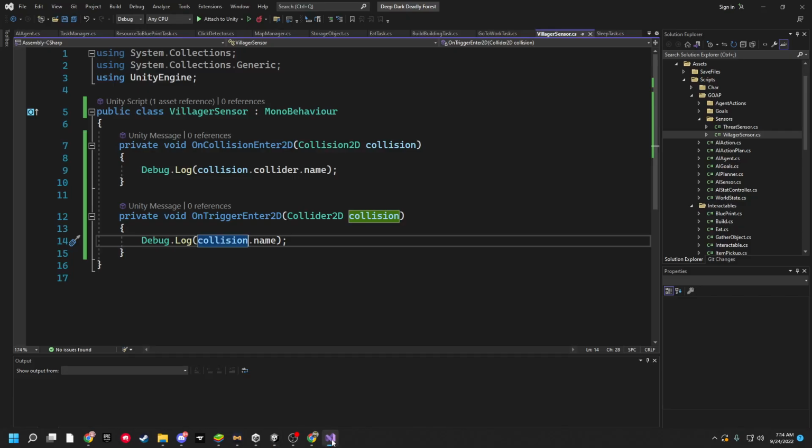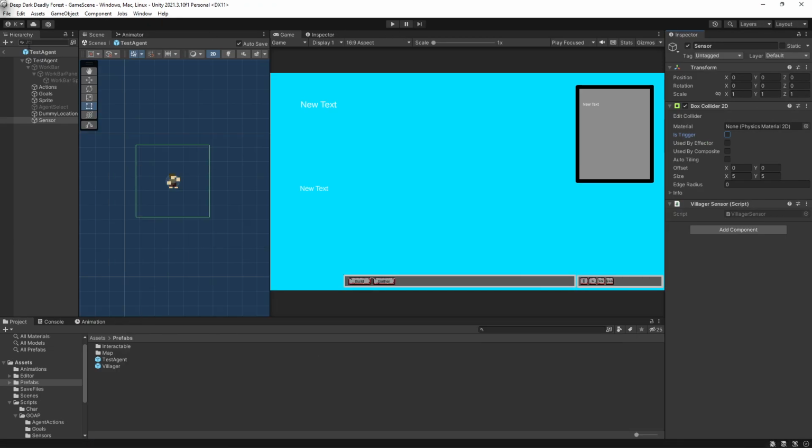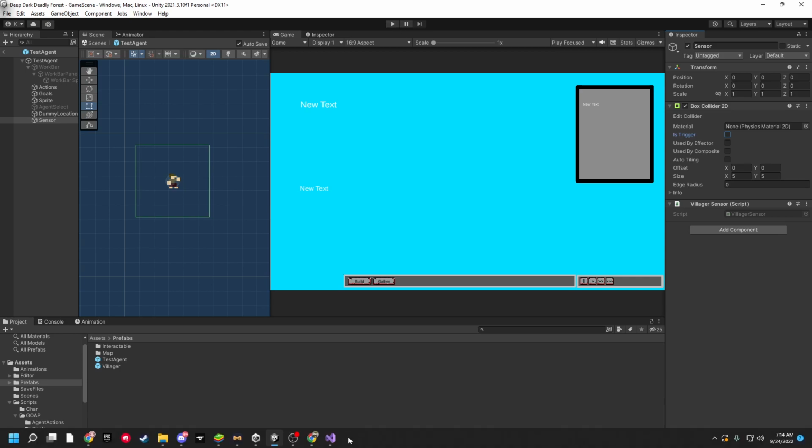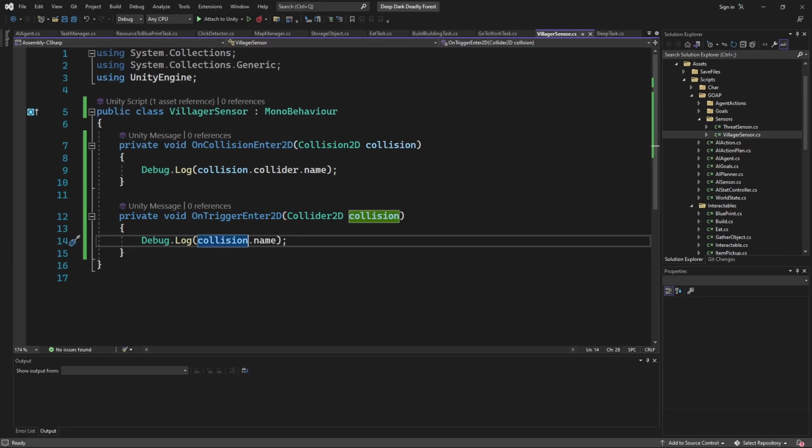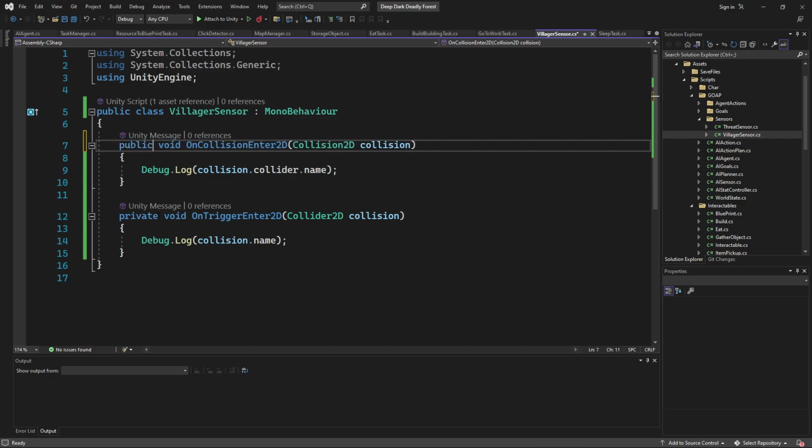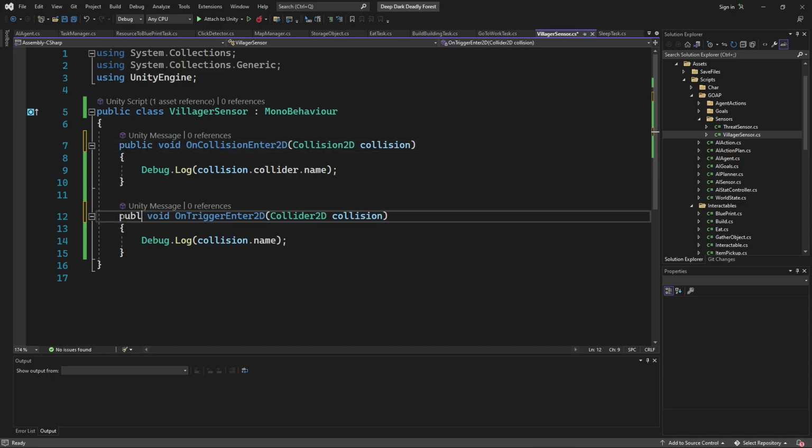Maybe this is why I don't use the Unity stuff. Or, well, I have them both. Does this need to be public? I think Unity automatically set it for me. I don't think that needs to be public, but